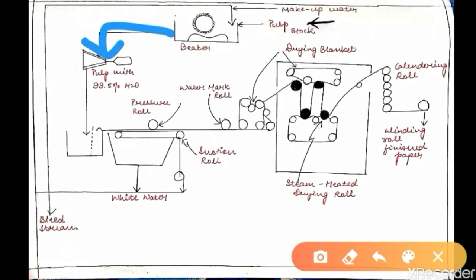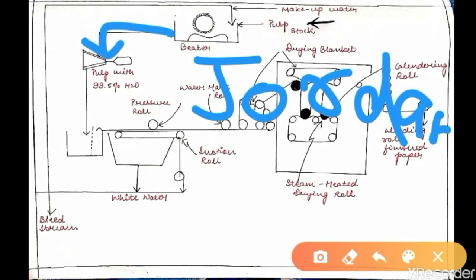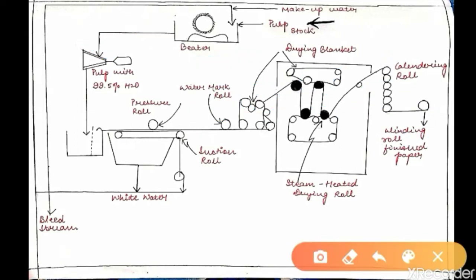or Jordan engine. This machine is known as Jordan, simply Jordan you can call it, and it contains metal bars or stones inside, and basically it is used so as to deform the pulp, defiber it, and to disperse it. Okay,